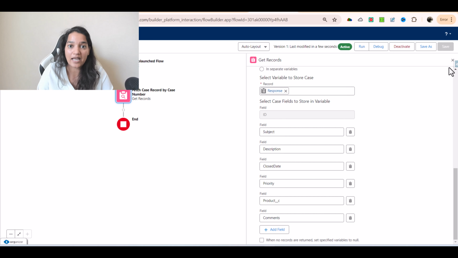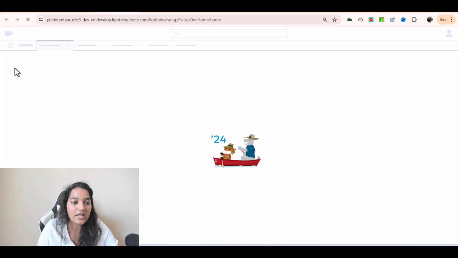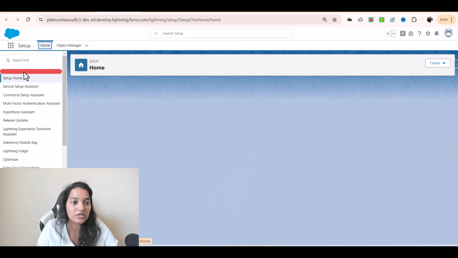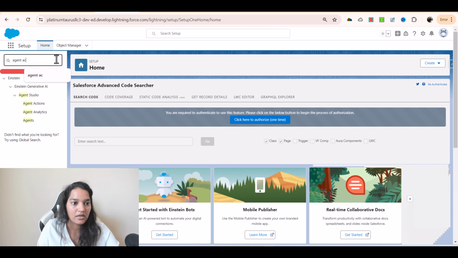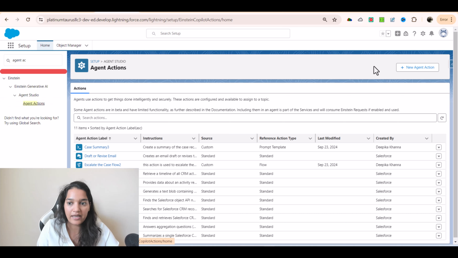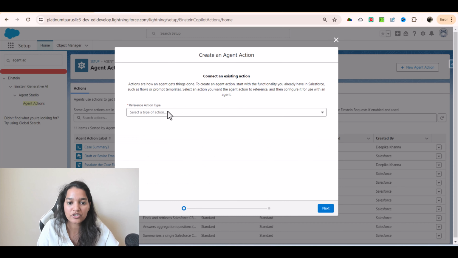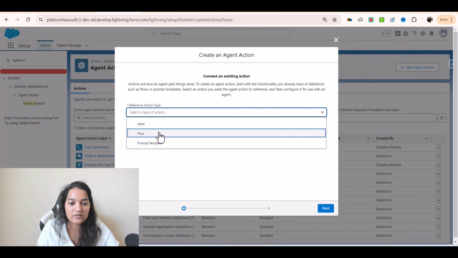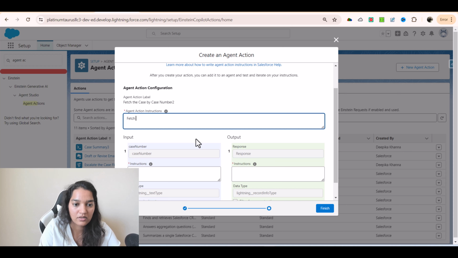So we'll go to the setup again, and we will go to the agent action, and we'll click on new agent action. We'll click here agent, and we'll go to the agent actions, and we will click on new agent action here. What type of action is it? Flow again. Which flow? Fetch the case by the case number, hit next, and this is going to fetch the case record based on the case number,